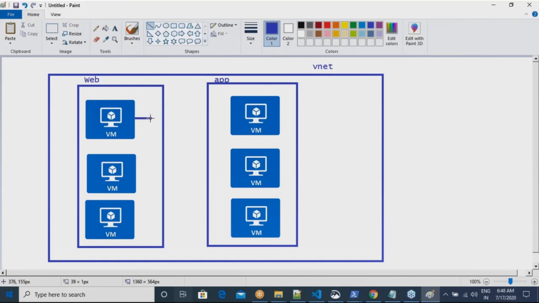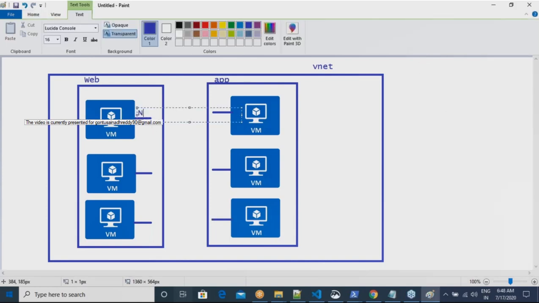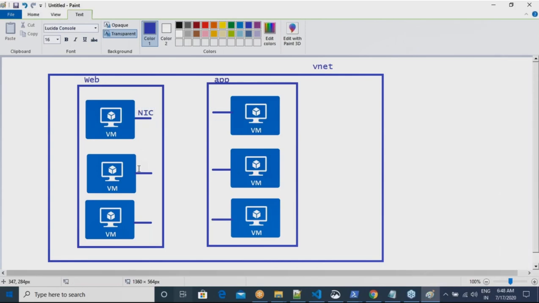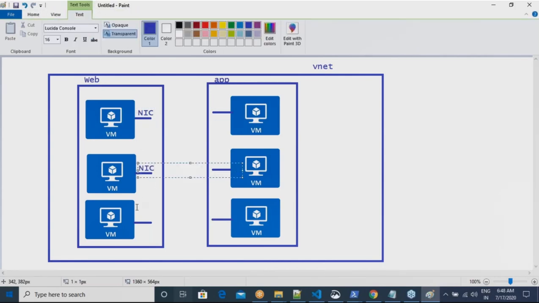So now every machine will have a network interface card. There is no doubt about it. We all know about the network interface card. Every machine will have a NIC.